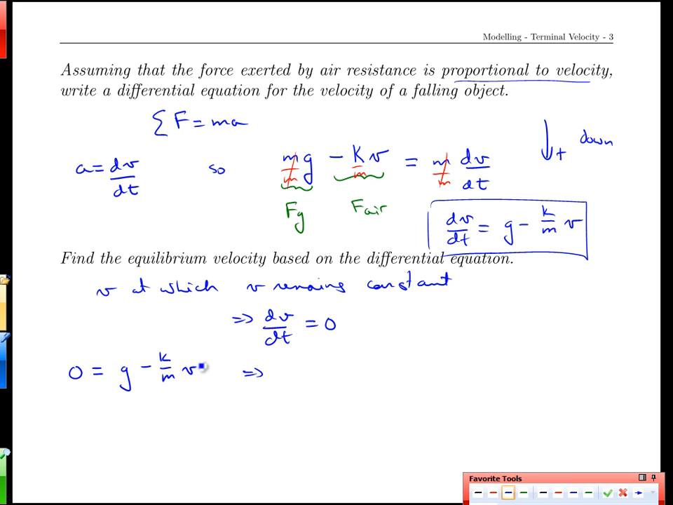And what does that tell us about the velocity, which is the thing we're interested in? That our velocity, we bring it over, let's do it in 2 stages. k over m v is equal to g, or v is equal to m over k times g. Now this is actually a nice result to get at this stage, because this tells us something that matches our